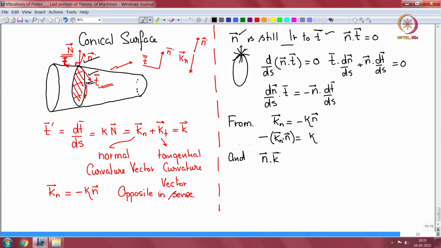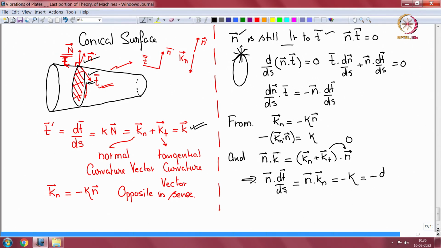This k, which is equal to kn plus kt dot n, which now implies that n dotted with dt by ds is equal to n dot kn, because this dot is 0, which means my minus kappa is equal to minus dn by ds dot t. So therefore my kappa is equal to